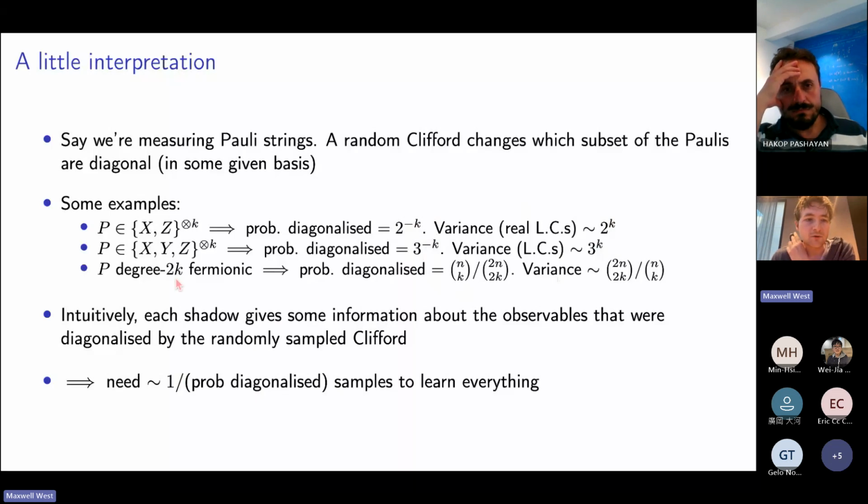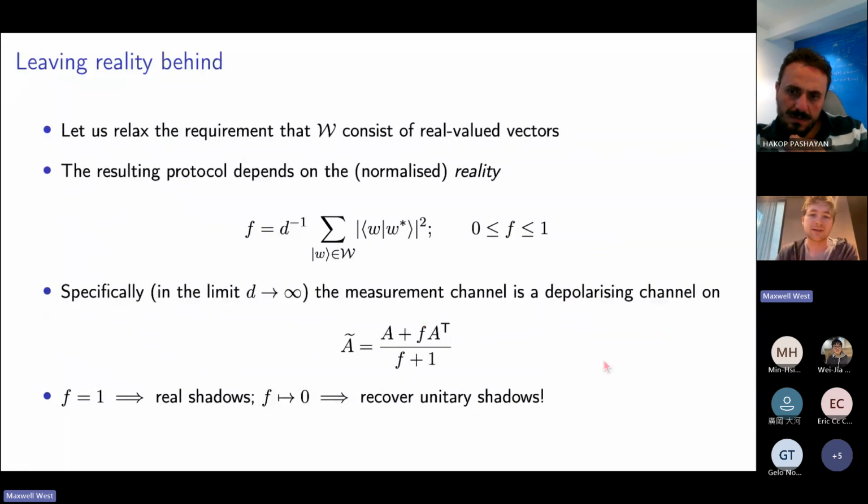It's the same thing in the fermionic case, but there you have more than one term that's diagonal at a time. This turns out to come from the number operators, the A dagger A's in the fermionic picture. Anyway, the time is ticking along, but I think this is a cool little last thing. So if you take orthogonal shadows, okay, I should have had this equation earlier, I guess.